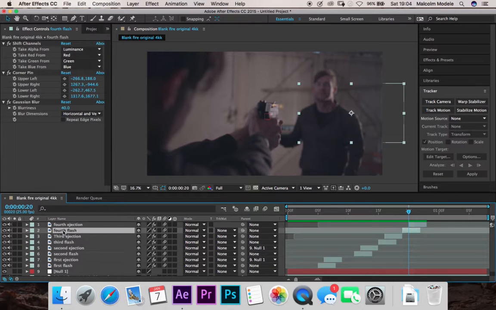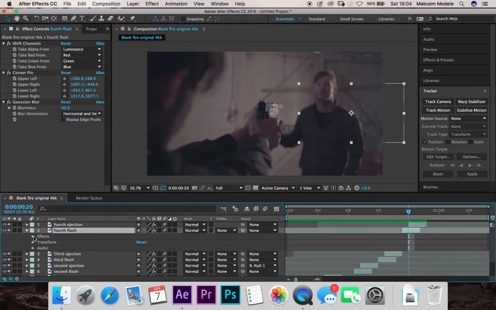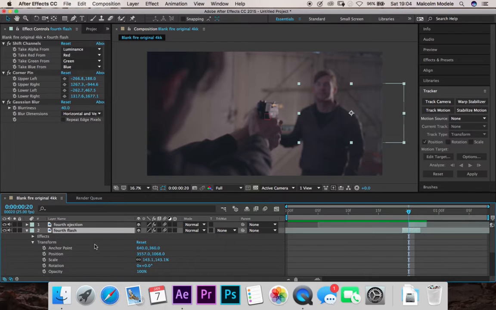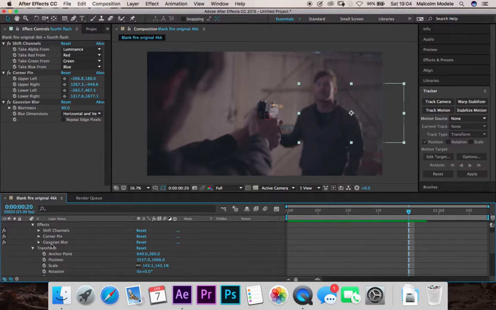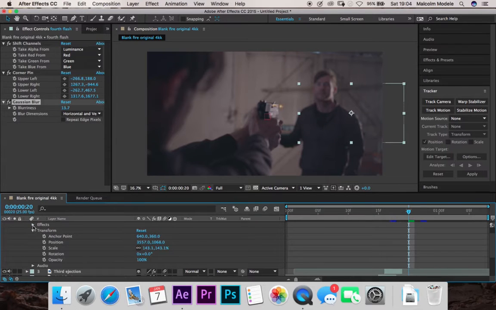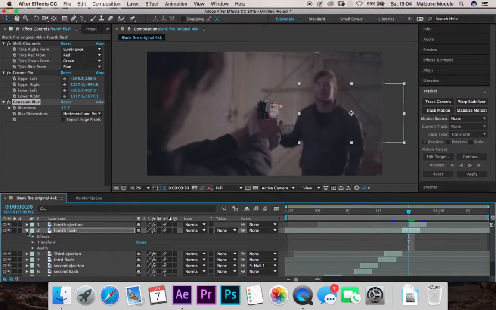So if we click to flash ejection, the fourth flash, sorry, we need to go back down to transformation, effects. Then we need to go to our Gaussian blur, and we just need to take off some of the Gaussian blur. Which is going to be about, I need to add a little bit, obviously, because it's just in front of the gun where it starts to get blurry again, but it just doesn't need to be as much. So I think about there,